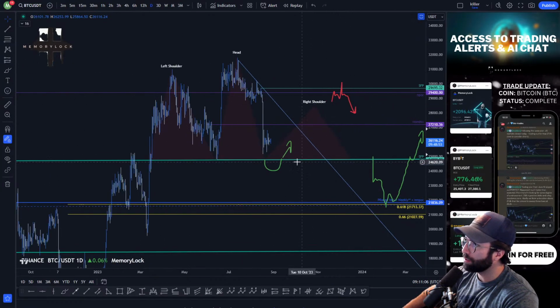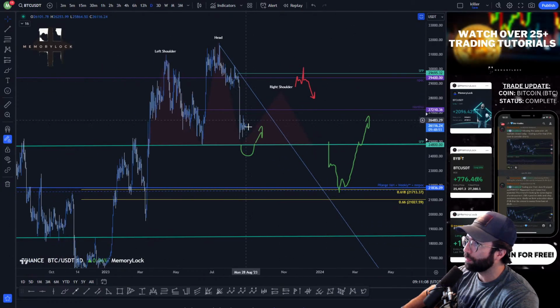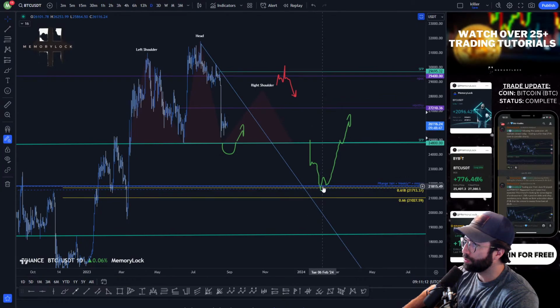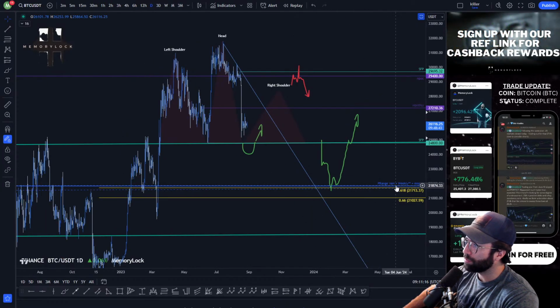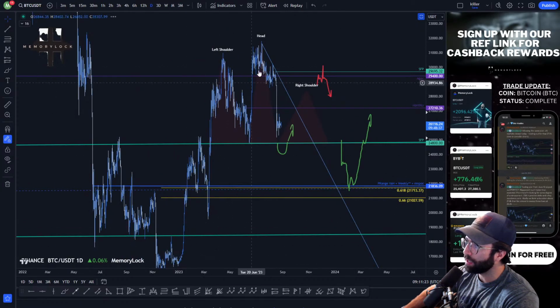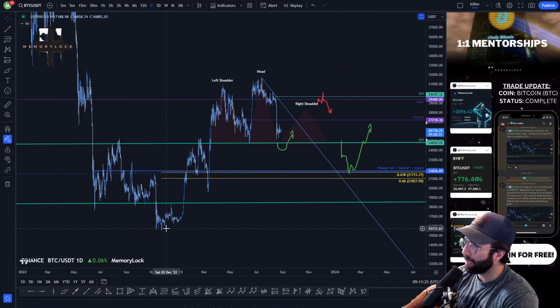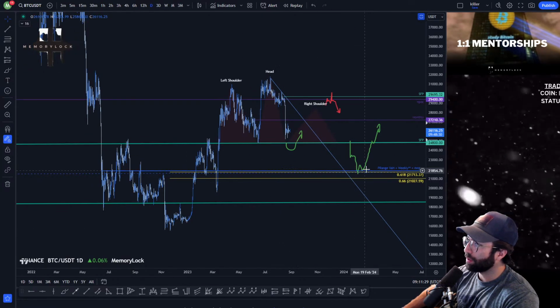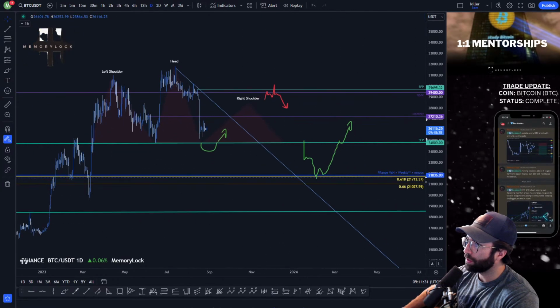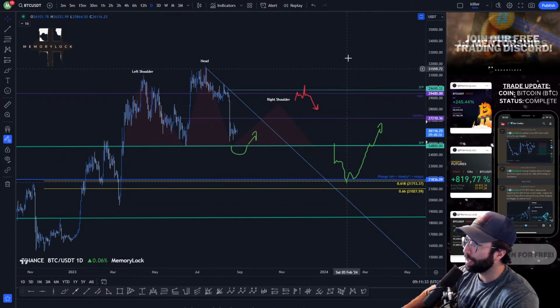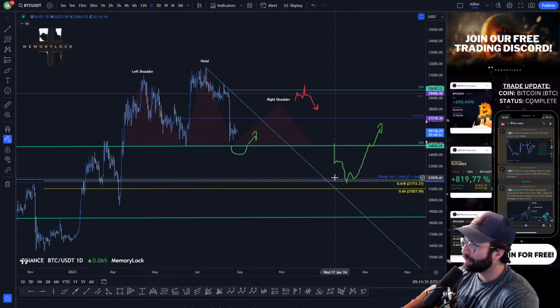So I'm still liking this plan, where we make this sort of head and shoulders formation, get people super bearish, do some kind of a drop that baits shorts, get a really nice balance. We have this previous range value area high, the untapped weekly here, as well as a monthly naked point of control, plus the 618 of the entire move up that we had since the bear market lows. So for me, this is a really, really key spot that we could look to for some kind of a bounce. And timing wise, I think it lines up really nice.